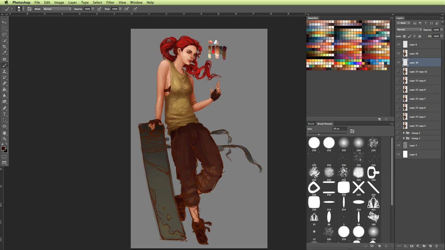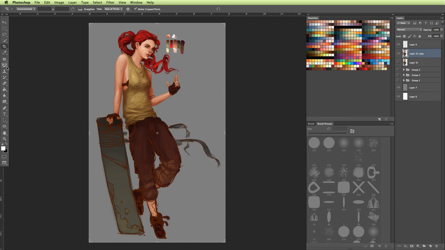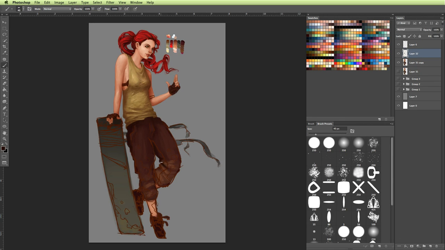And just like I did with the hair and the face, I'm going to go back and forth between the shirt and the pants to match that level of detail that I have going on. So I reached a point in the shirt where I felt I needed to bring that level of detail down to the pants, so that's what I'm doing. And this goes back to the whole point of I'm trying not to over focus on an area. Like now I could easily go in and